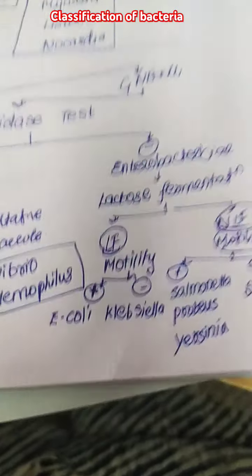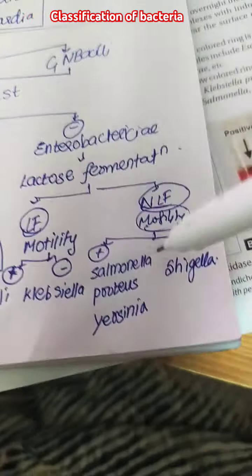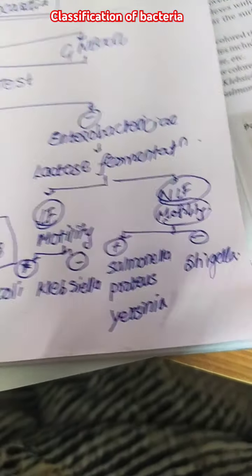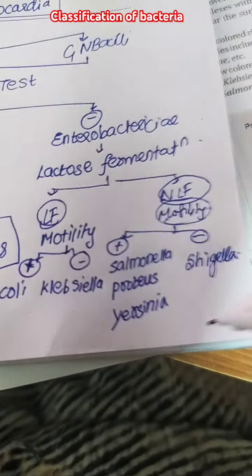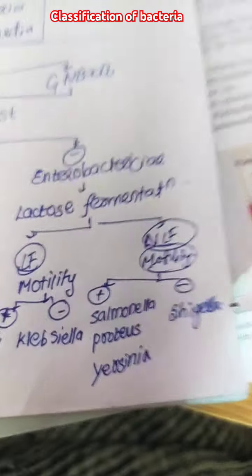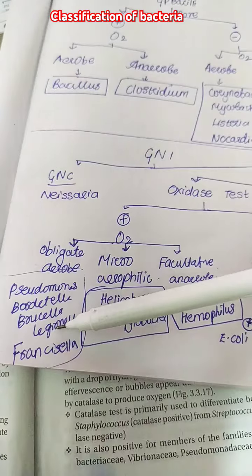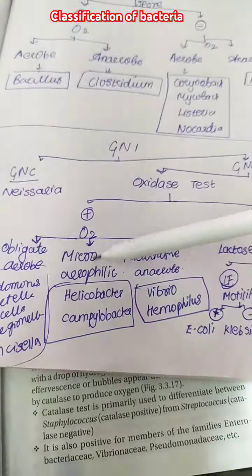Talking about the non-lactose fermenters, motility is present in Salmonella, Proteus, Yersinia; non-motile is Shigella. We get aerobe Pseudomonas, Legionella, Brucella, microaerophilic